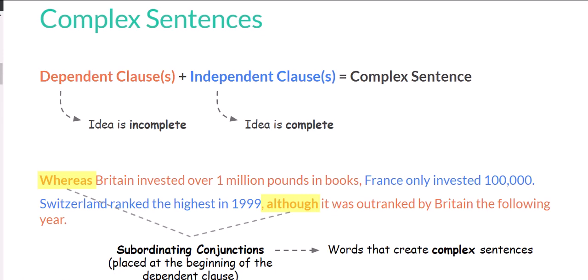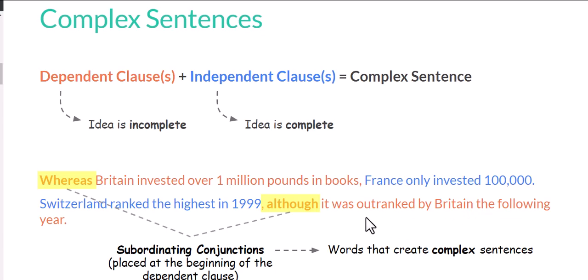And I want to mention something else for you guys. It doesn't matter if the dependent clause comes first or second. The important thing here is that the separating conjunction has to be placed at the beginning of the dependent clause, which is here and here. This is so important to notice. We have here the separating conjunction, and we add it at the first of the dependent clause,